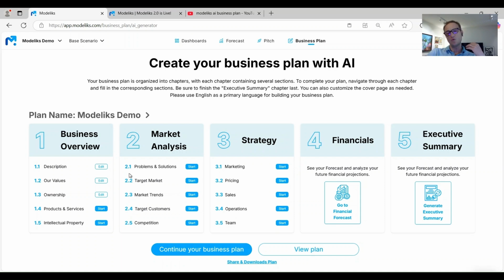So here we can see that we've gone through the first 3 sections. We've provided a short description about the business plan that we're creating. We're creating a business plan for Modeliks, a business planning software. So now let's create the section for products and services. We click start,